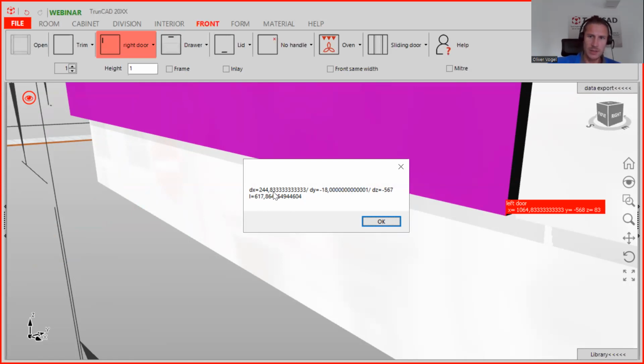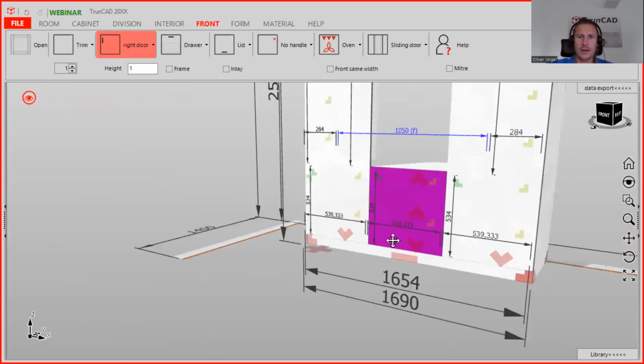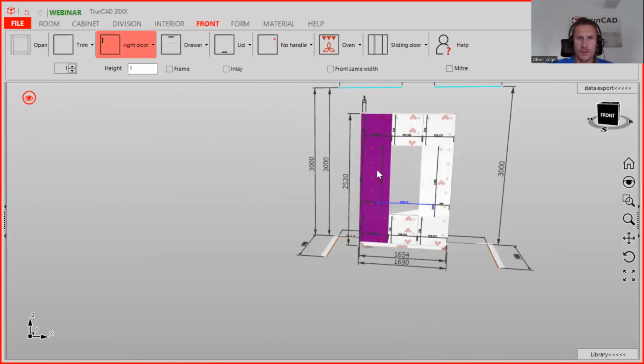And to this, it would go to the edge, and here we add 1.5, so it's then 246.333. So now we note this down, click OK, and now we are double clicking on the left door, and